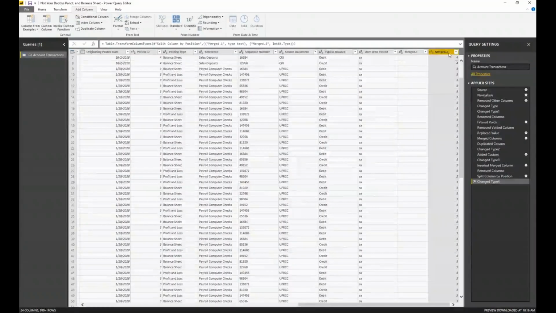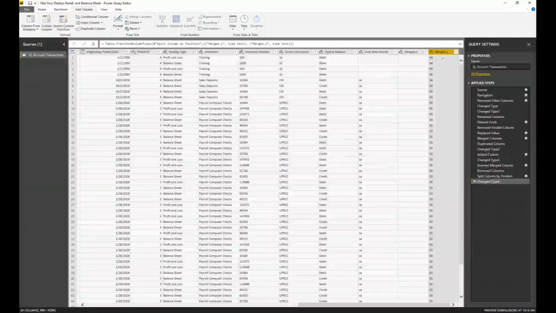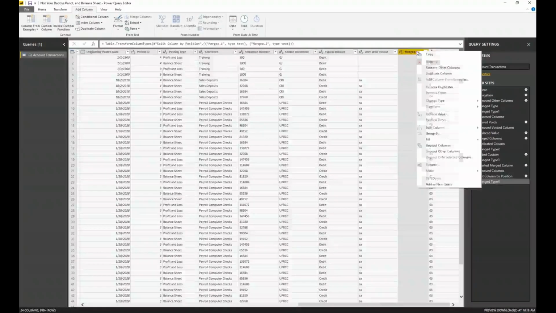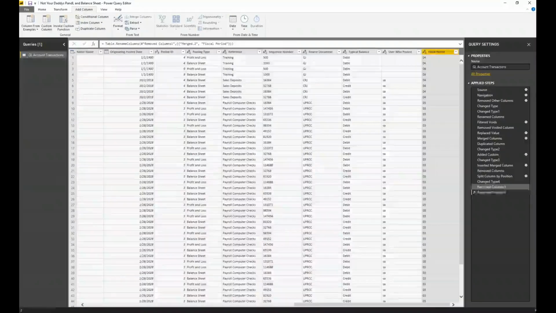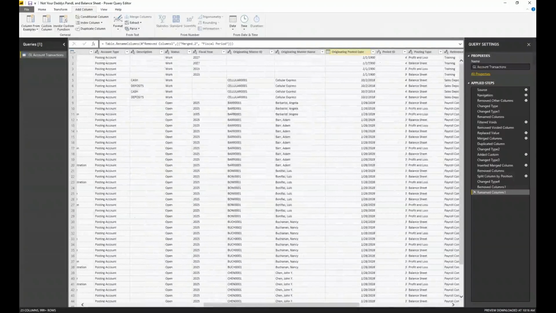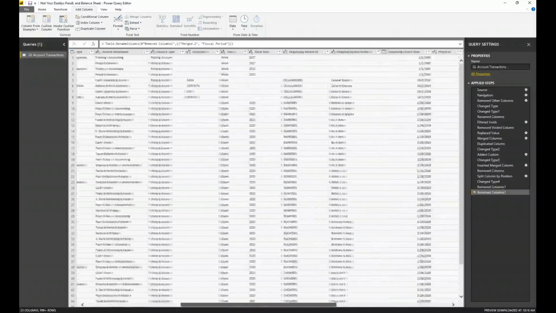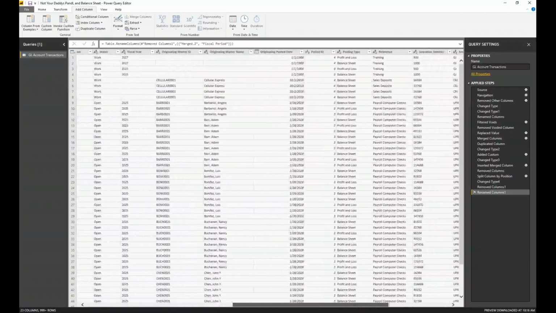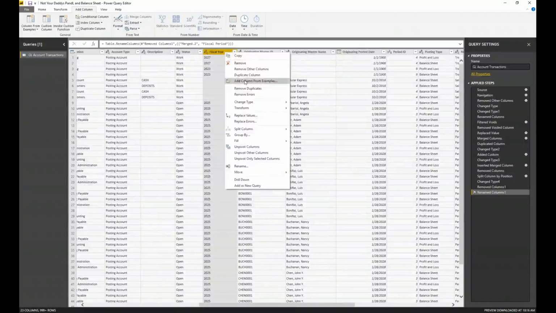So now here it is, and it reverted back to a whole number. So I'm going to change it back to a text, and it's going to allow me to replace the text formatting where it changed it to a whole number. So I get that 0 back. Now I no longer need this column, and now I'm going to rename this one to fiscal period. Now I'm caught up. Okay. Now I'm going to come back and get that fiscal year. Where did we put it? Nope, there it is. So I'm going to duplicate this.